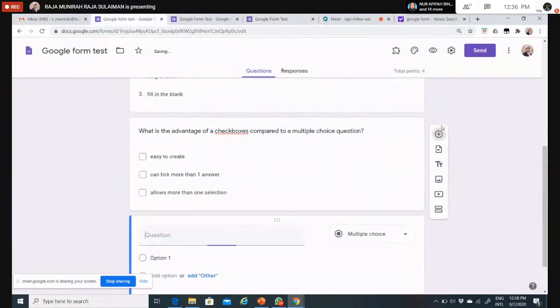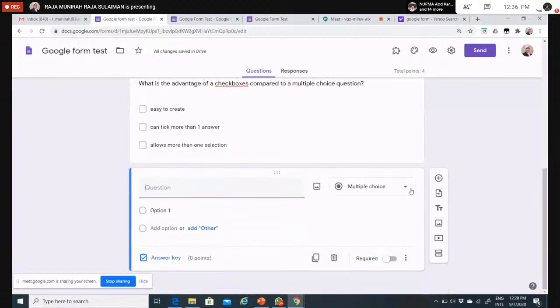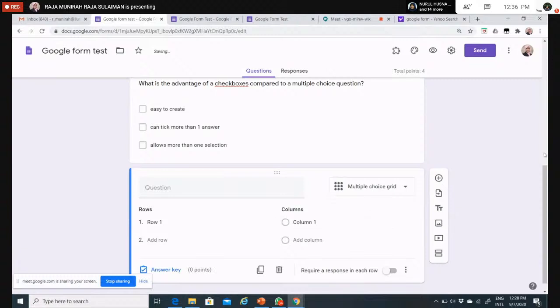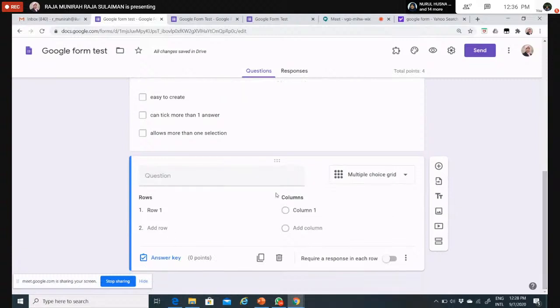Click plus. Okay, remember multiple choice grid. Just click. Okay. The layout is a little bit different. We have the question here. We have the row and then we have the column. For the column, I will put true,